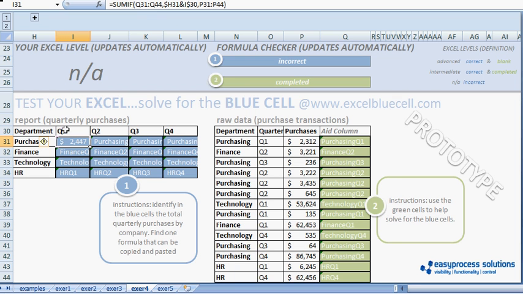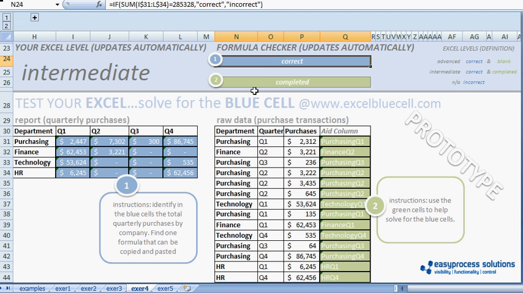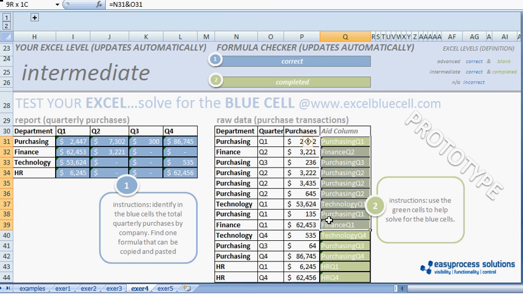So we're going to put a $ sign for the ranges. And now that we have that, we should be able to copy this formula and paste it all the way. And you can see that we actually do have the correct answer. And you can see that we have used the green cells and completed them, and therefore we're at the intermediate